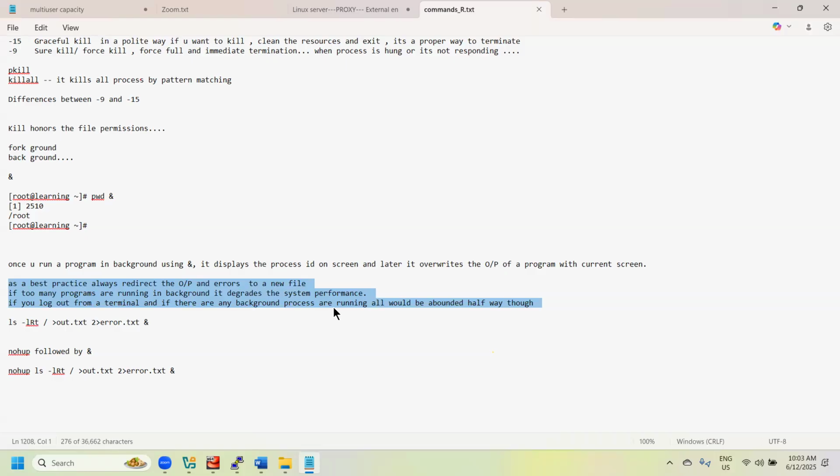So these are the basic things we have on the ps command. So tomorrow, we'll continue the